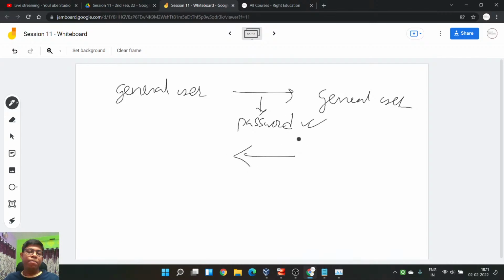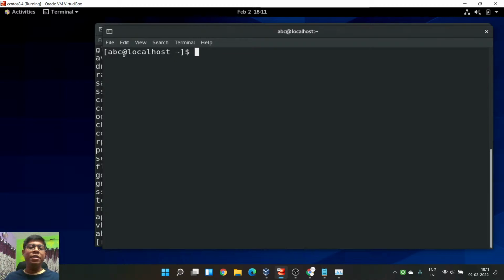You do back, you again need the password. But understand one thing here clearly. I am talking about the su command. Whenever you are running the su command, let's say you are on the abc user, you want to go to armidya user, su armidya, it is asking for the password. I give the password, it switched.